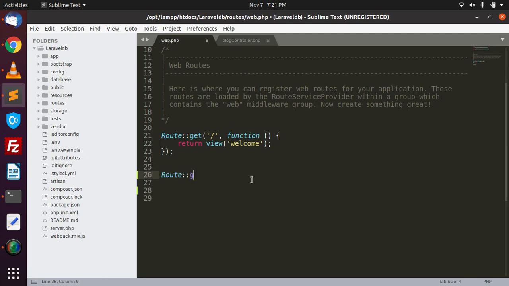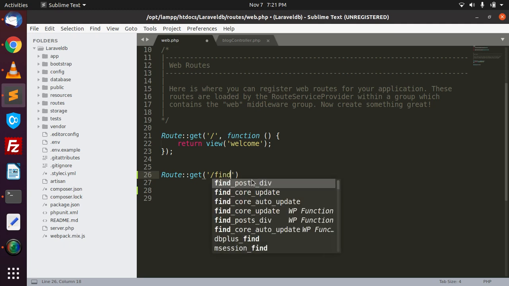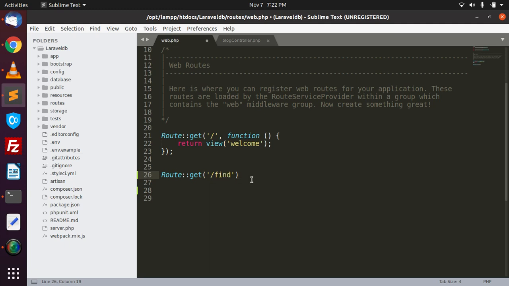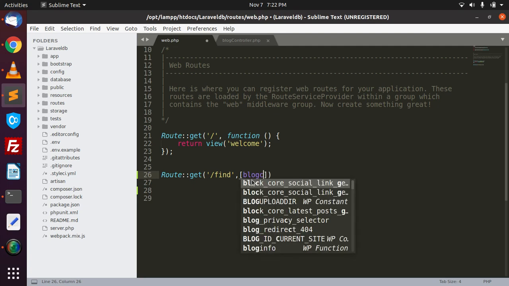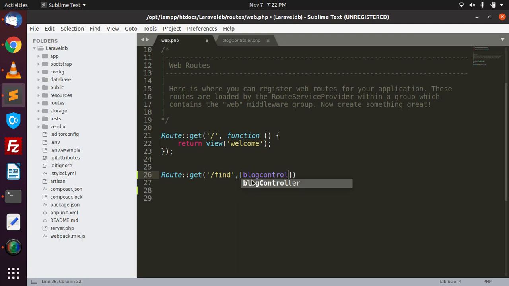Route get, and find, now comma, blog controller, comma colon colon class, comma, and here you have to define your function name.